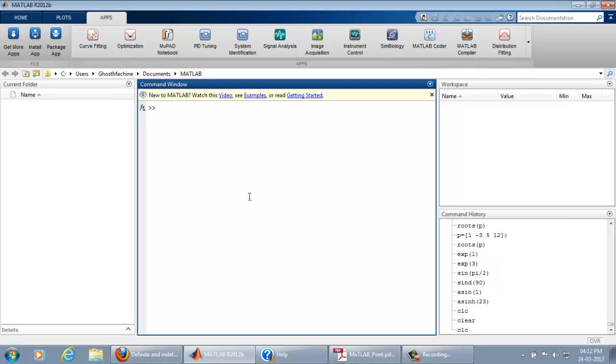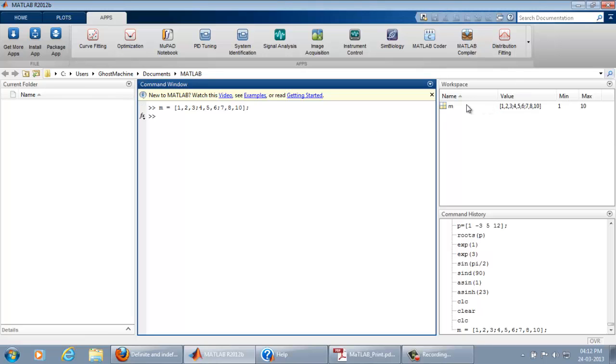Okay, clear command window, make a matrix like m is equal to a matrix, 1, 2, 3, and second row 4, 5, 6, third row 7, 8, 9, no, 10, like 10. So a matrix is created.